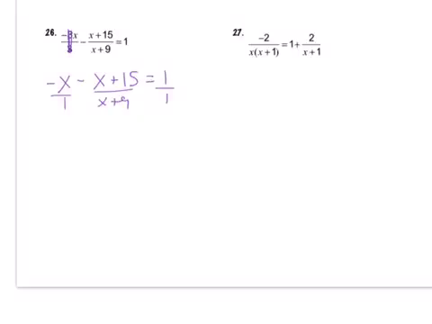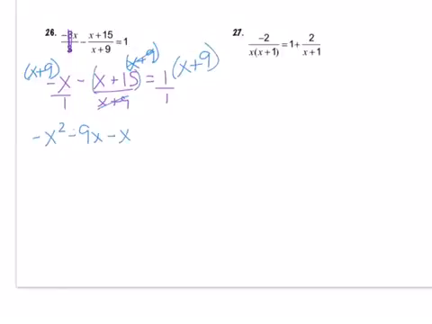So I'm going to multiply everything by x plus 9. When I do that, I get negative x squared plus or minus 9x. These cancel, so I have negative x, and this I have to distribute the negative. So negative x minus 15